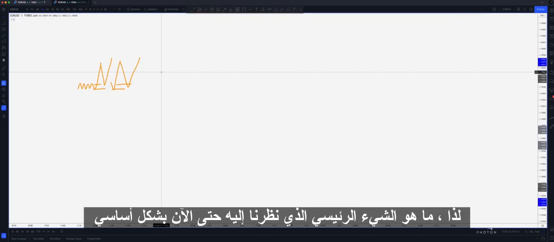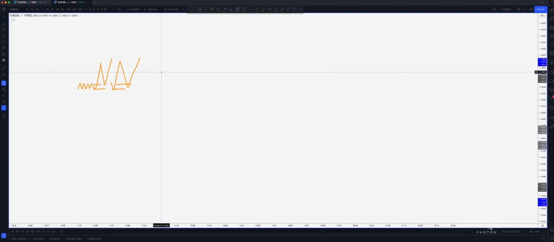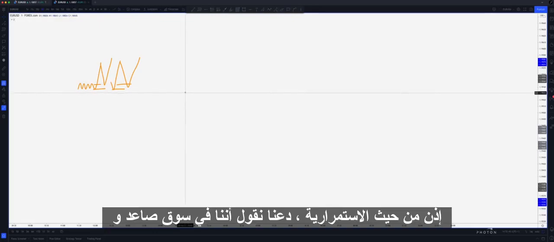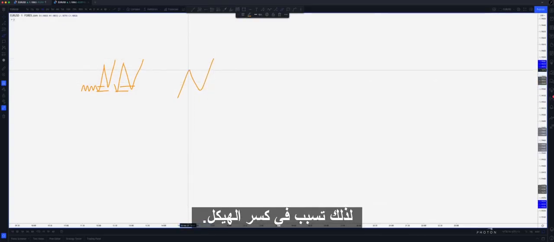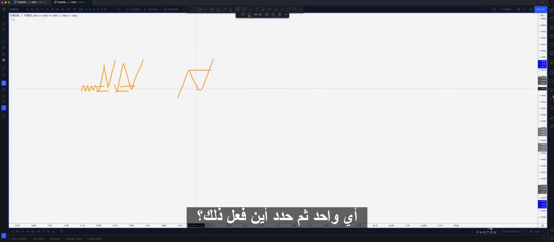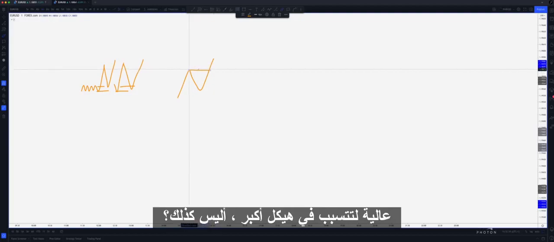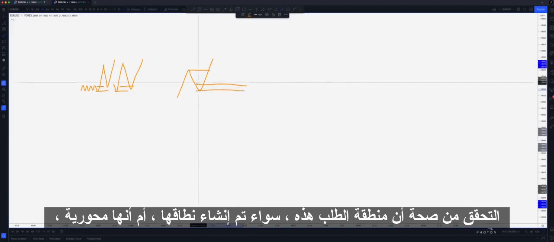So, what was the main thing that we've looked at so far to validate where we're going to see those strong demand zones? Well, the main thing is those structural zones, right? So we want to see where demand stepped in to cause a break of structure. In terms of continuation, let's say we're in a bullish market and price is creating a series of higher highs and higher lows, and then higher highs, right? So it caused a break of structure. We're trying to identify where did that demand step in around here that led to the bullish move to cause that higher high, to cause that break of structure. Right, so we'd look for a zone somewhere within here, and that then validates this area of demand,